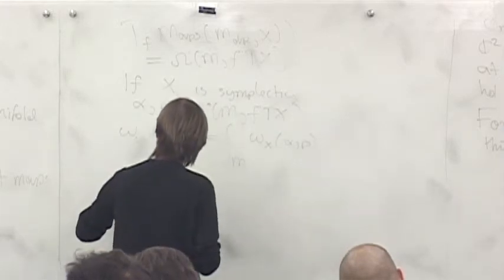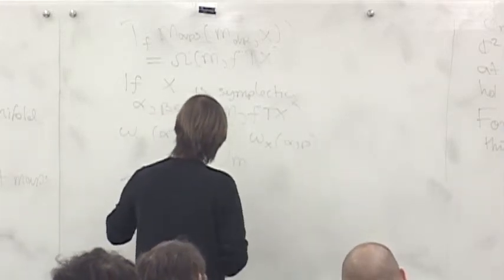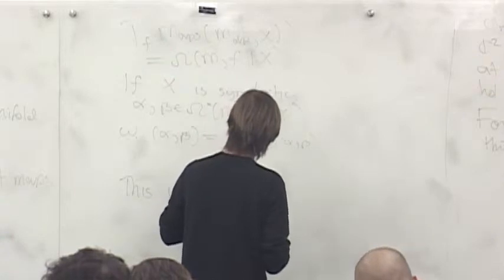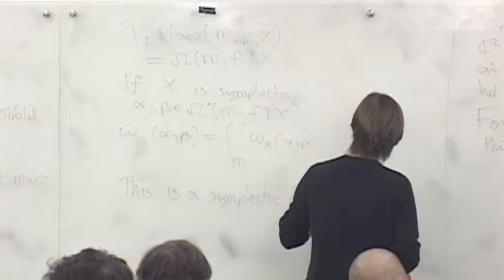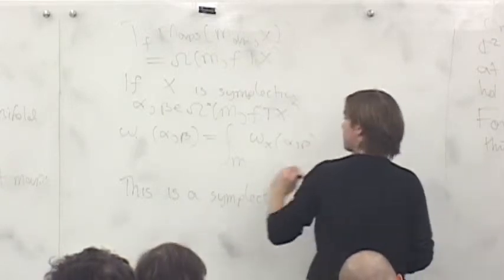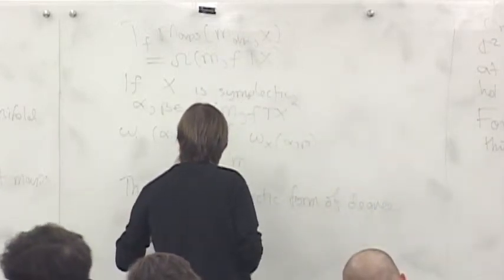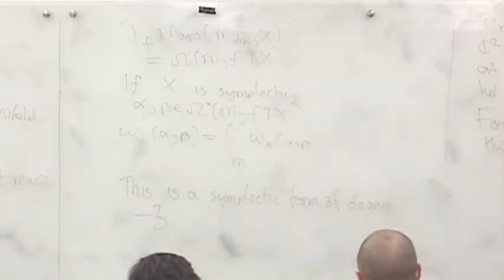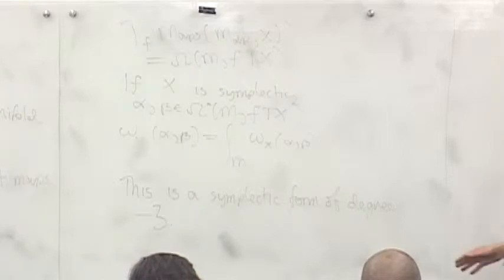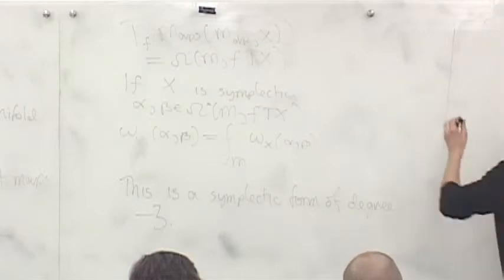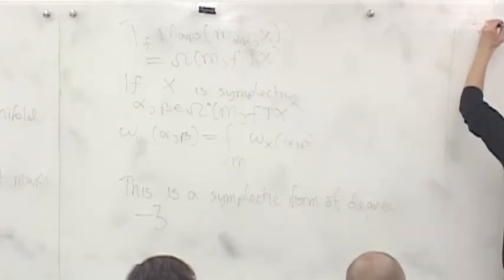Now, this is a symplectic form of degree -3. Now, -3 is not the same as -1. And we said we wanted -1 to construct a field theory. So what do we do? Well, we know Rozansky-Witten theory is a Z mod 2 graded field theory anyway. So that's OK. So if you take h bar to be a parameter